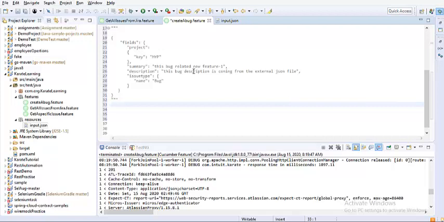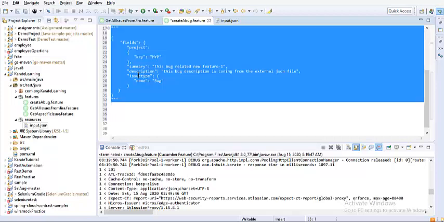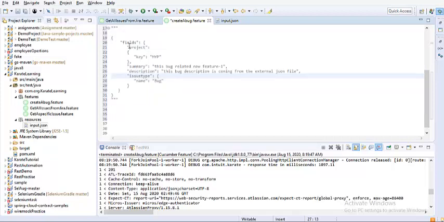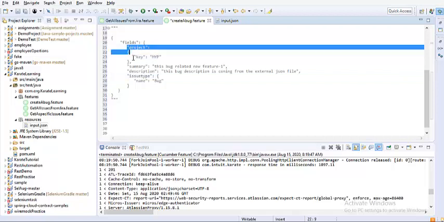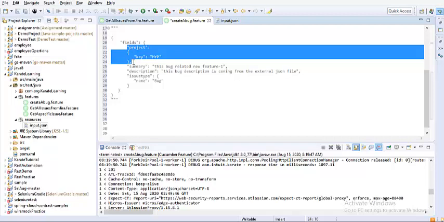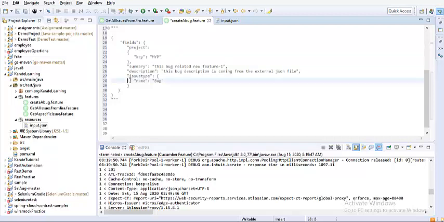Now in order to create a table, the most parent element is fields. Fields is the most parent node, inside which you have child nodes, which are project, summary, description and issue type. If you look further inside, the project has another child element which is key, which you can consider as a small JSON message. The same is the case with the issue type as well. When the message is this way, let's create a simple table. Since we don't have many fields, let us create a simple table.